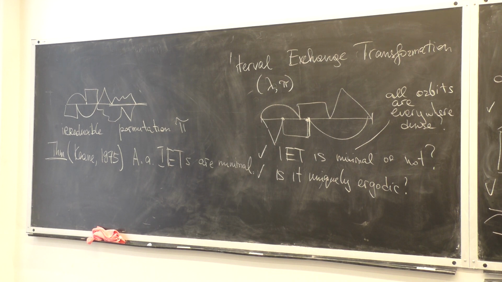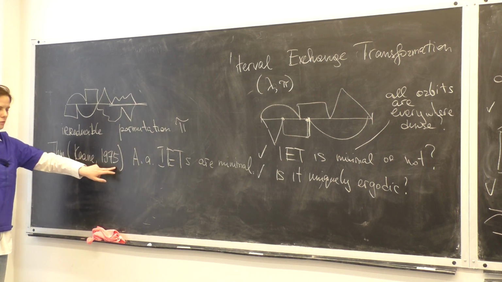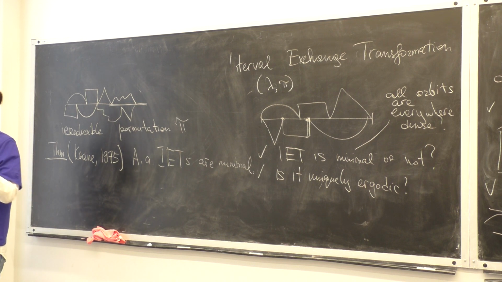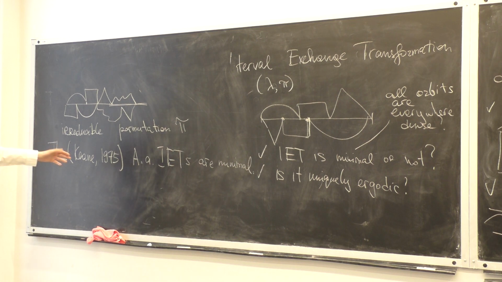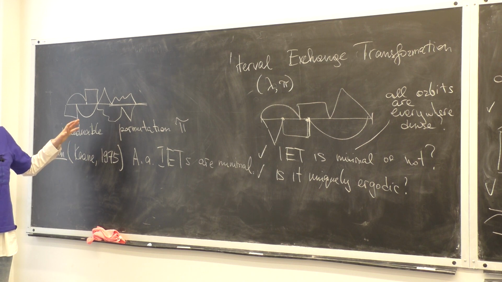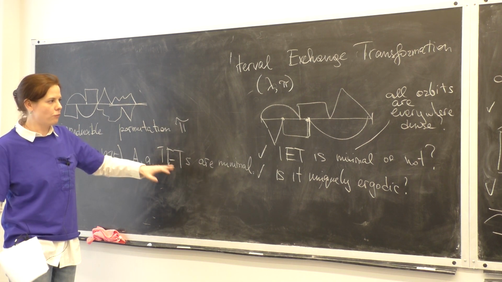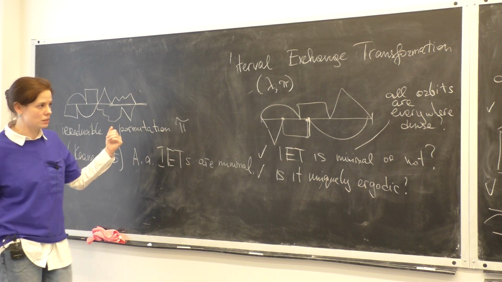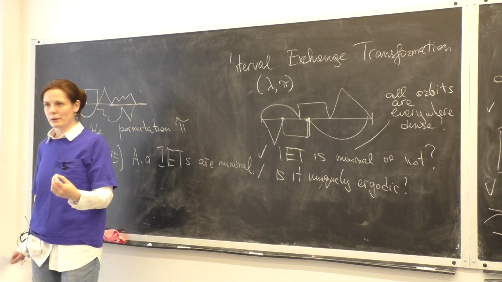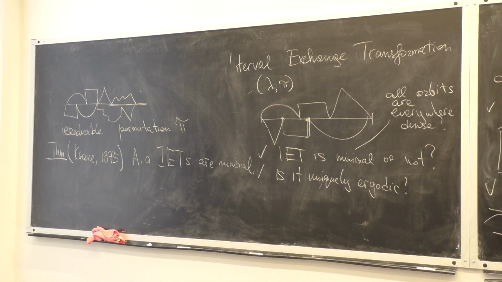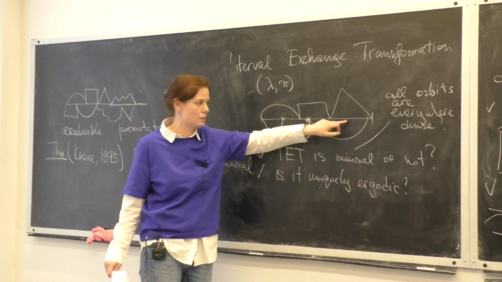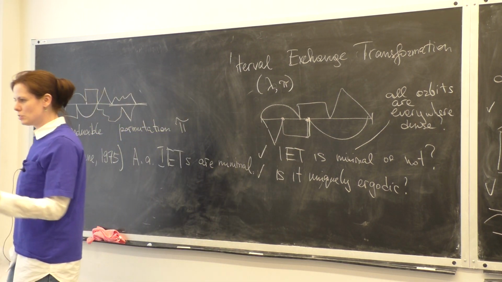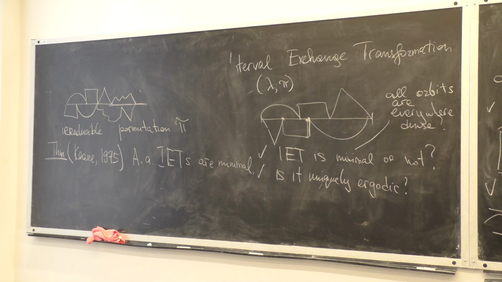Apparently he understood it already in 1975, and if Sasha Bufetov were here, he would tell me that Oseledets was even earlier, and we would start to argue about it. But it's many years ago somehow. The question of whether we can say something about minimality of a family of interval exchange transformations that does not satisfy Keane's condition is still open. If you give me some family with some rational restrictions between the lengths of the subintervals and ask me whether it's true that the majority are minimal, it can be a very complicated question. And in such generality, it's still an open question.